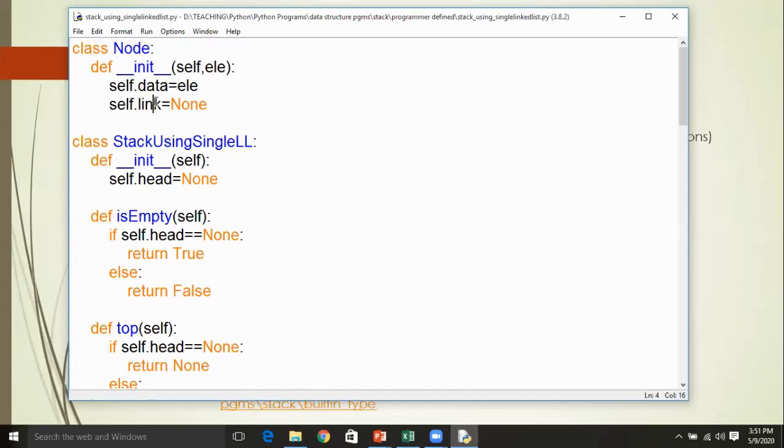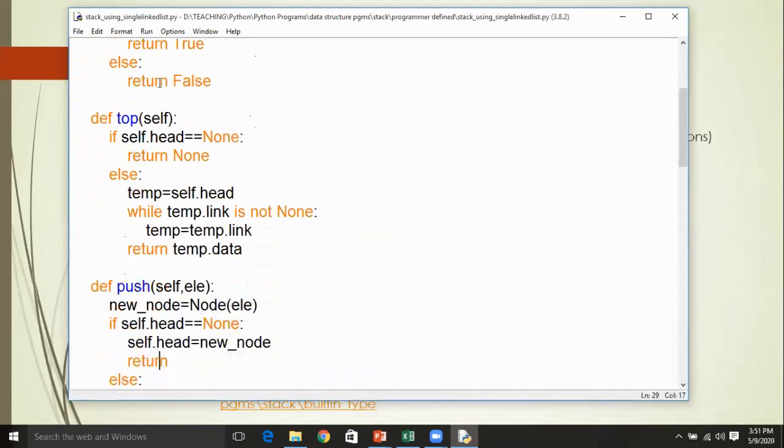Initially this link value will be none. Data is whatever the node you are trying to create should contain. That data is assigned to this variable data. The data you need to insert into the new node is treated like an ELE, and that ELE is handed over to data. We have already discussed this node class while discussing the single linked list implementation.